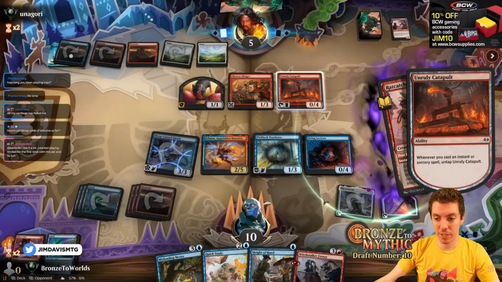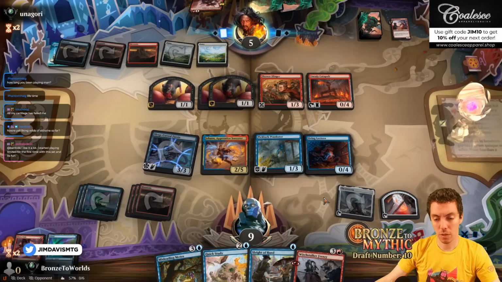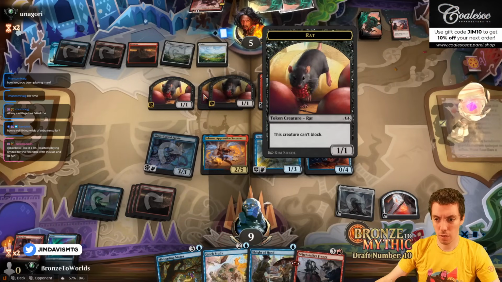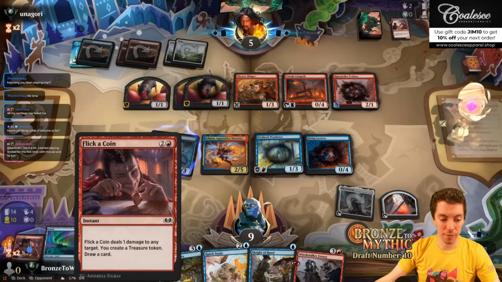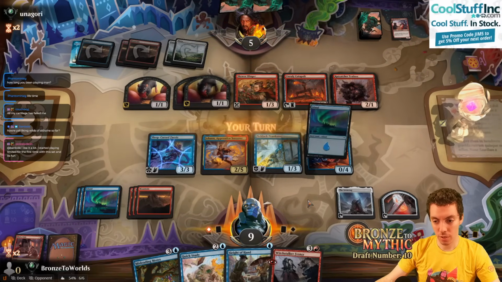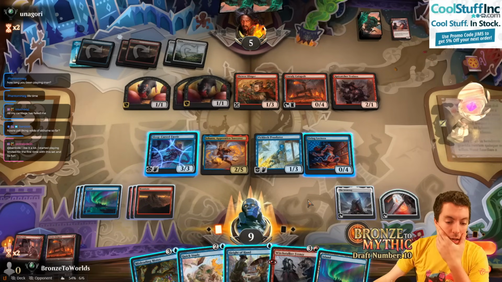Rat Catcher Trainee, make some rats. Okay, everybody tuck your pants into your socks. Play Trainee, man. What a good Flick the Coin matchup, right? Just a bunch of X1s. We draw land, we have a Catapult on top. Okay. Let's...